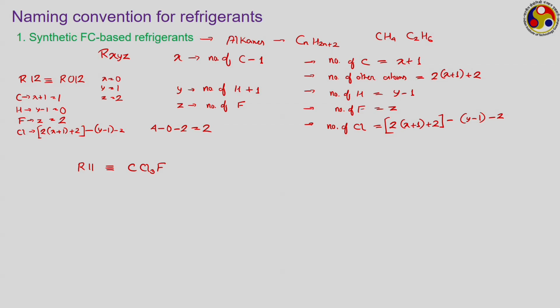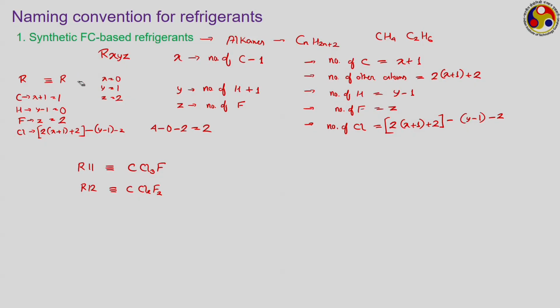So how to represent this one? R12 will be equal to CCl2F2, dichlorodifluoromethane, whereas R11 is trichlorofluoromethane, or trichloromonofluoromethane. If we talk about something else, let us take another example, R22, another very popular refrigerant generally used